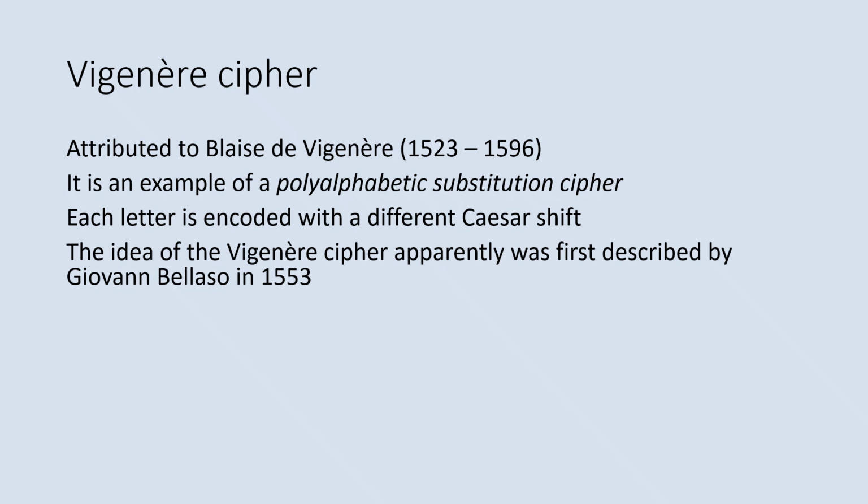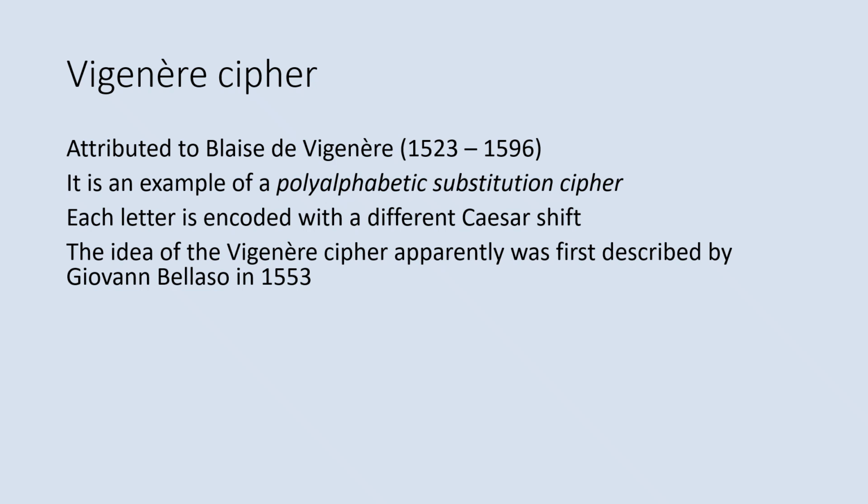It was a little bit different, but very close. So this is probably another misattribution. Somebody else came up with the idea, but the person who popularized it or made it easier to use was the one it was named after. The original version from 1553 is different but very similar